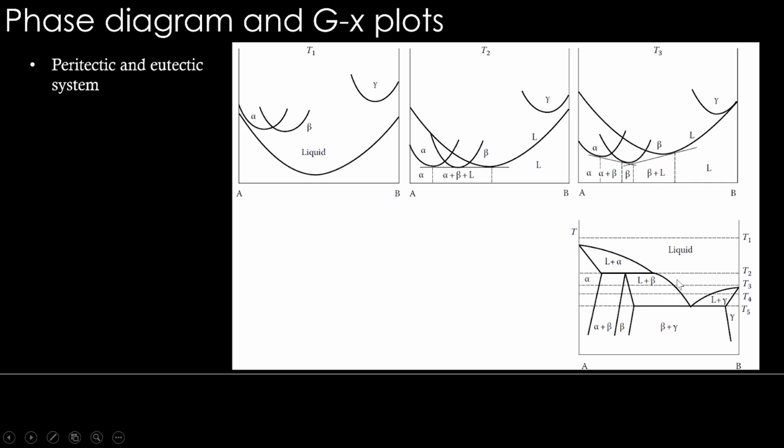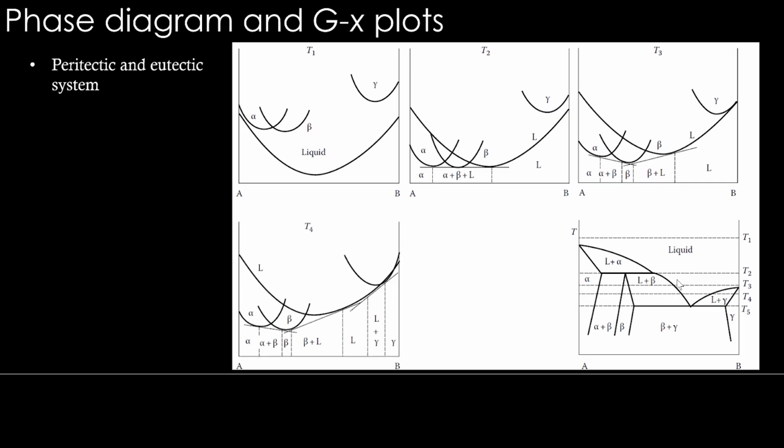And then comes a slightly more complex one, where at temperature T4 we have a single phase, two phase, a single phase, again two phase, a single phase, again two phase, again a single phase. Quite complex. So at least three tie lines should come. Here one, and here one. So three common tangents should be there. Here you can see beta is slightly plunged so that you can draw a tangent on the left side and right side of beta. And here between liquid and gamma, there is a common tangent. That is also drawn carefully.